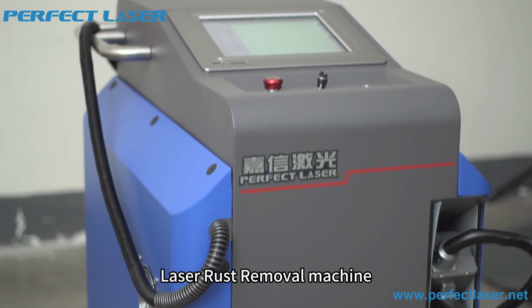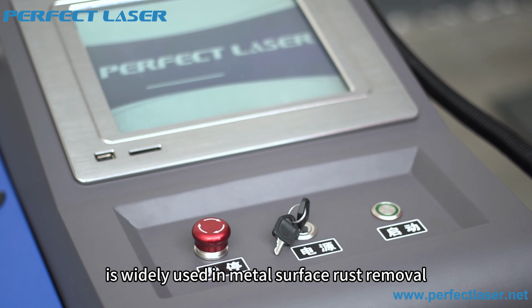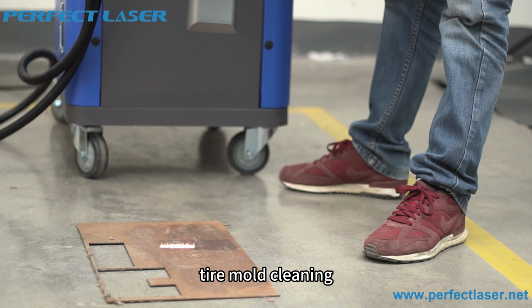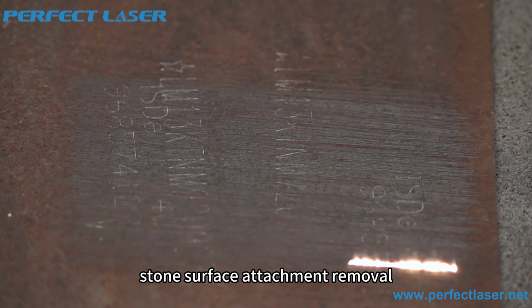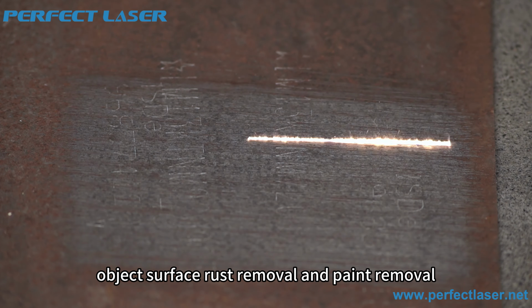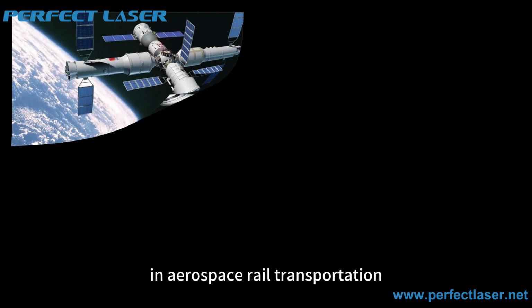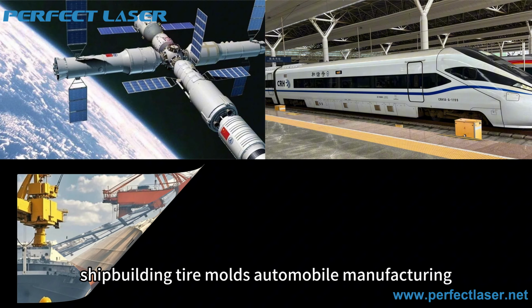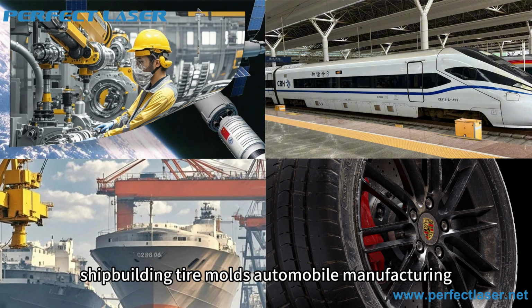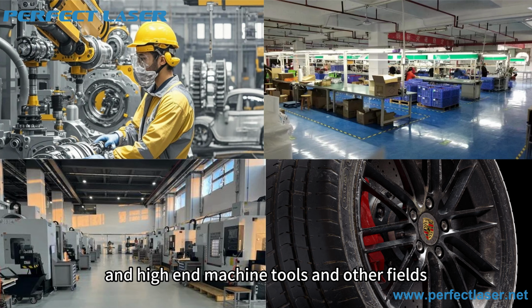Laser rust removal machine, with its high performance, is widely used in metal surface rust removal, tire mold cleaning, oil and stain cleaning, stone surface attachment removal, object surface rust removal and paint removal, and welding surface and spray surface pretreatment. In aerospace, rail transportation, shipbuilding, tire molds, automobile manufacturing, electronics industry, and high-end machine tools and other fields, it